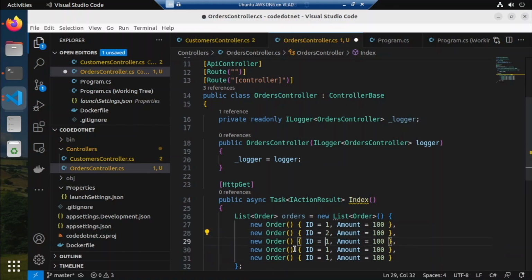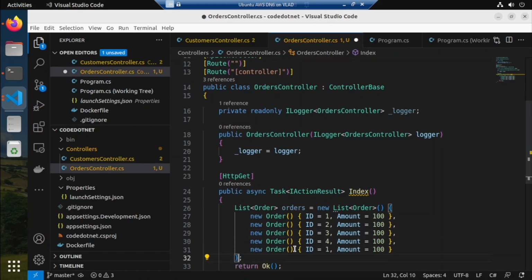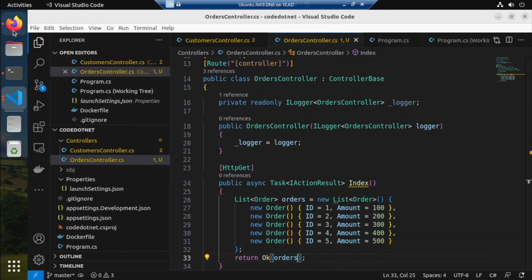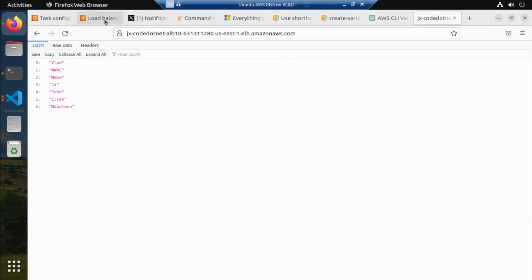Here will be 2, 3, 4 and 5, and in here we're going to have 500, 400, 300, 200. All right, and then let us return this,